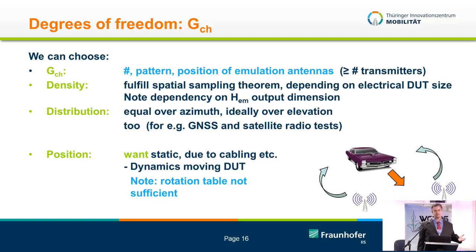So the best way to cope with that is to move the electromagnetic field, which in turn means you have to have antennas basically everywhere in a certain density if you want to do that. They have to be distributed equally over azimuth and also possibly over elevation